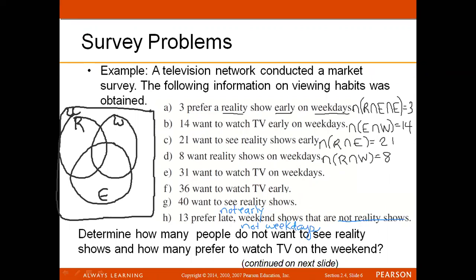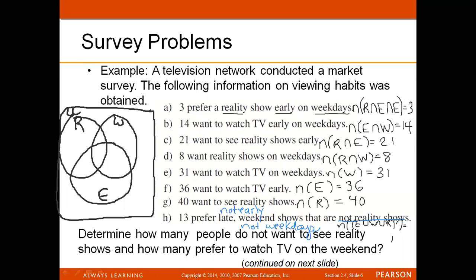31 want to watch TV on weekdays. Number weekdays, 31. 36 want to watch TV early. So the number who want to watch TV early is 36. 40 want to see reality shows. So the number in R is 40. And we're also told that 13 prefer late, so not early, weekend, so not weekday, and not reality shows. So the number that are early or weekday or reality complement